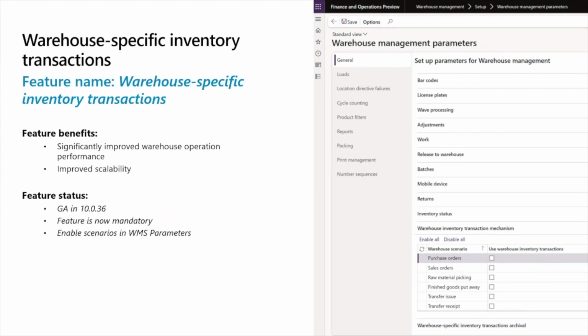Note, however, before you panic, that the deprecation date has not yet been announced. From the date of announcement, you will typically have 1 year until it is actually deprecated. So we have made the feature mandatory. You will now see these parameters and you can start to enable them, but you will eventually have to move